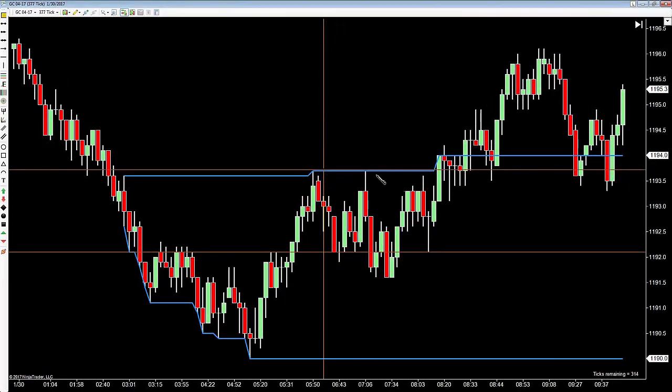Price keeps pushing up. This line here has been established. You need to break above it. No trade here. Trade closes down here. So this one is running past 9 o'clock or even 8:20. So the trade here still works after the market is open. I use a different method once the